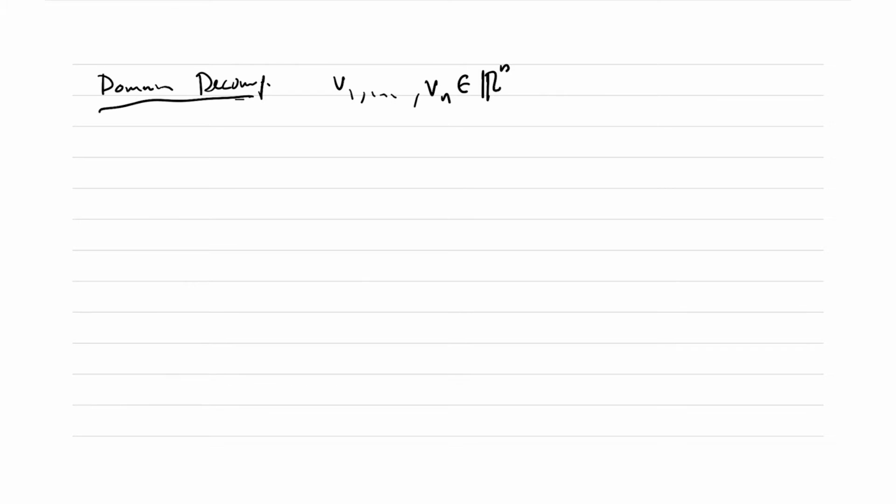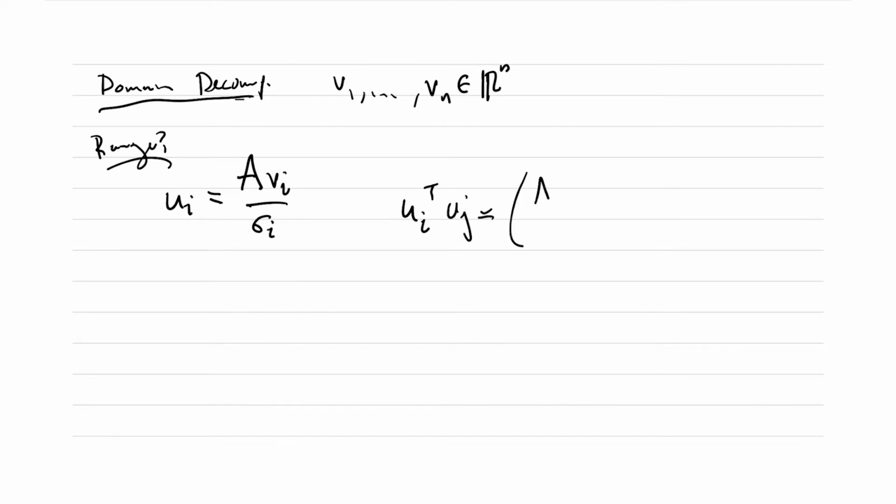How do we get u_i? So what do we do about the range? Well, it turns out we can also get a decomposition for the range, and so we're going to define A times v_i divided by sigma_i, and we're going to call this u_i. It turns out these are orthogonal. It's pretty cool. You can basically say u_i transpose times u_j,